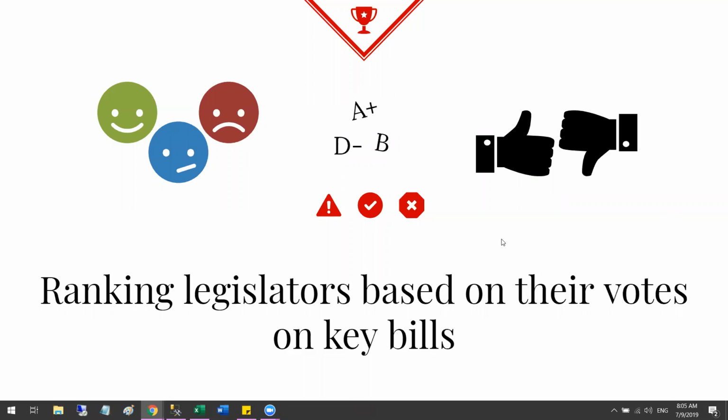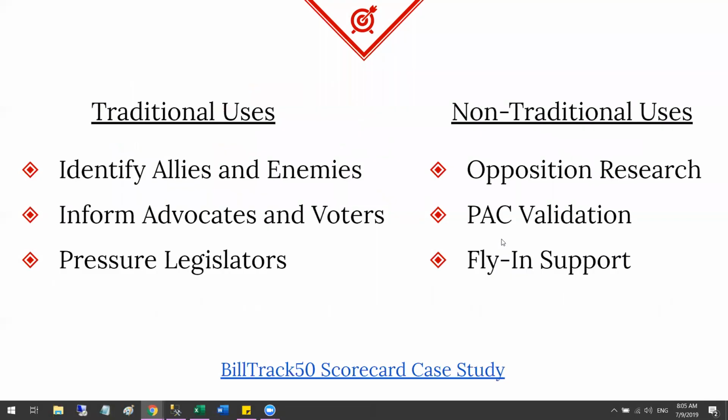Lots of different approaches. All right, so moving on to how you might use them. The obvious way is so that you can identify your allies, your people on the fence who maybe just need a little bit more information to tip over to becoming an ally, or somebody who's voted the right way on many bills and might be a great person to potentially sponsor your bill. So a great way to find allies and also to identify your enemies, just in case you don't know who they are.